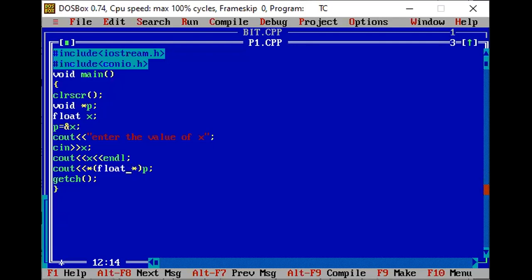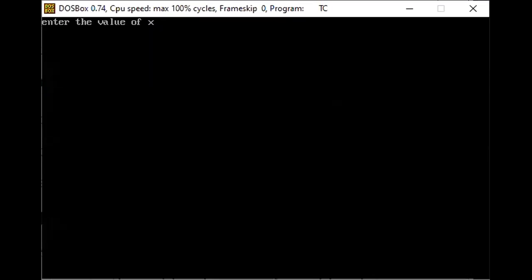As I have shown you, I have changed the type of my void pointer to a floating pointer. Let's run it. I set the value of x as 3.4. The answer is 3.4 and 3.4. That means the void pointer is not a fixed data type. It can be changed according to your usage. You can implicitly call it.